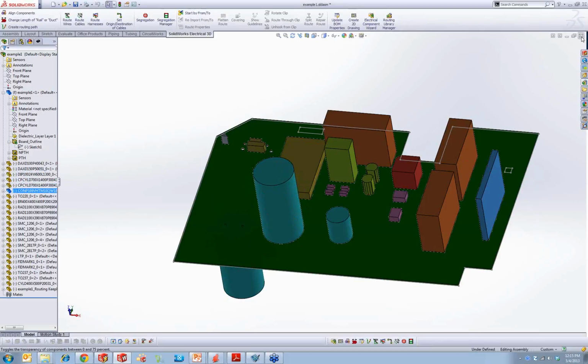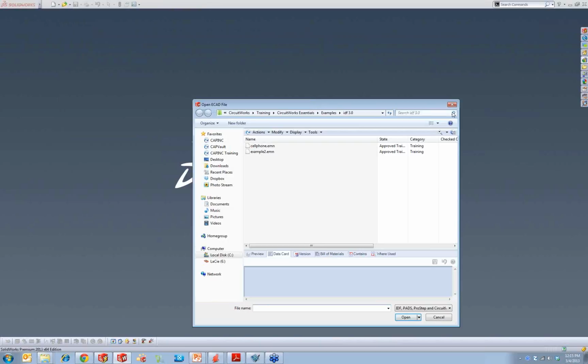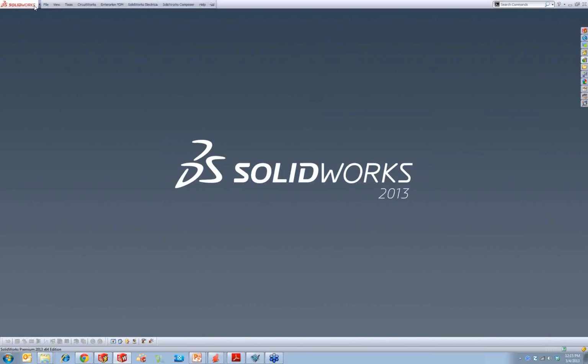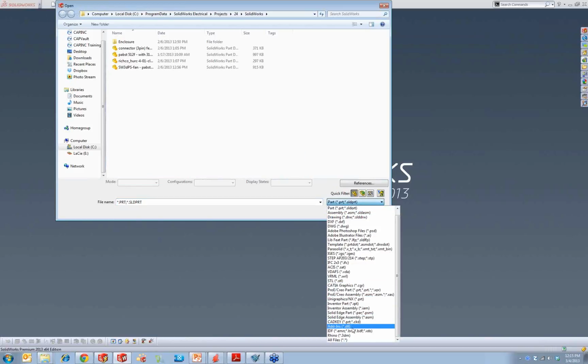How did I get here? So let me close this file out. And I'm going to open up CircuitWorks by going to the pull-down menu inside of SolidWorks, and I can go ahead and open up an ECAD file. So you're not going through the normal File Open menu. If you did that, you'll actually see an IDF option in this list, and that is what we call CircuitWorks